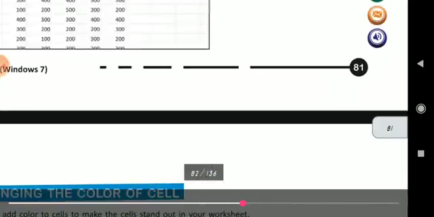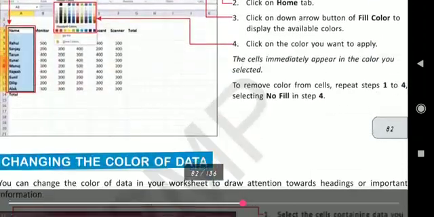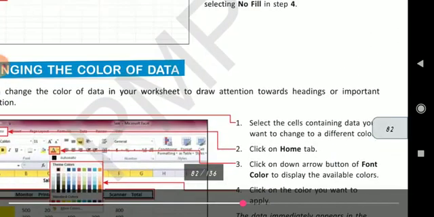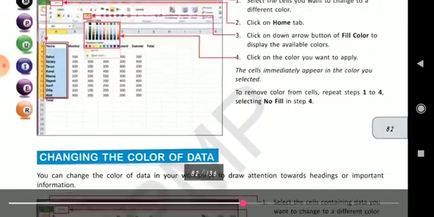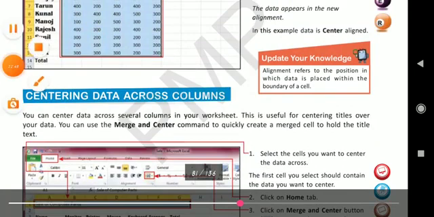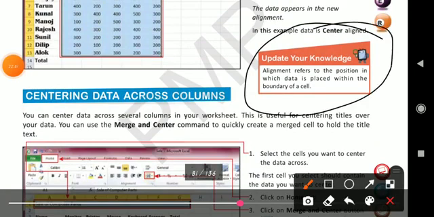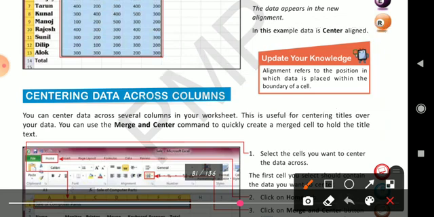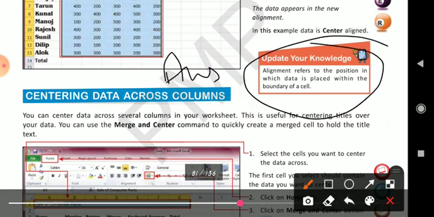Here it is given in the box, I think. Here you can see. Alignment refers to the position in which data is placed within the boundary of a cell. Okay? Alignment refers to the position in which the data is placed within the boundary of the cell. Answer C. Okay?